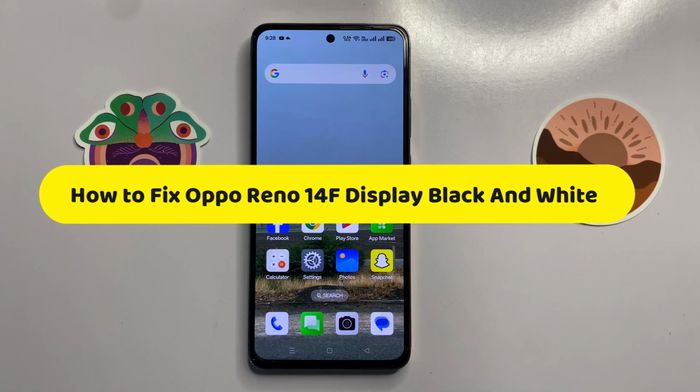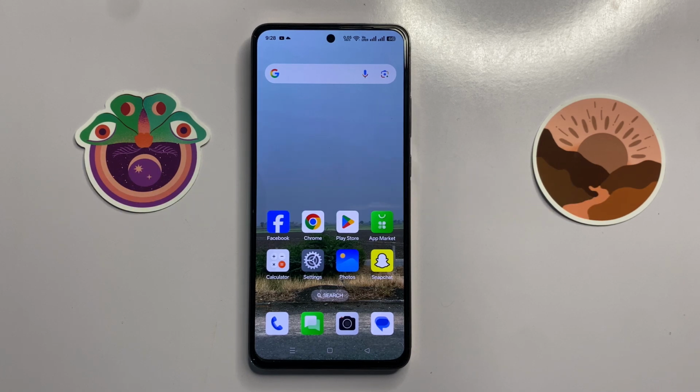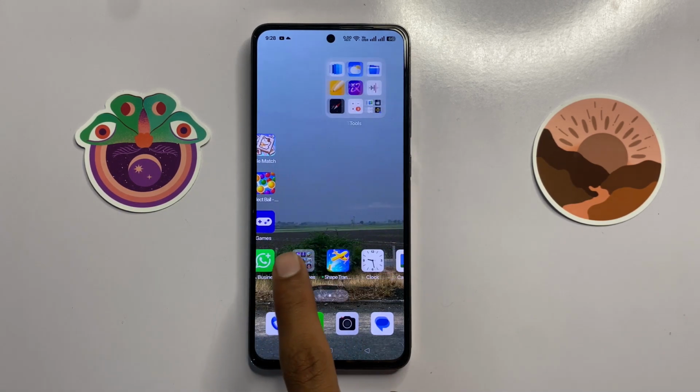How to fix display black and white in Oppo Reno 14f. So let's start the video. First of all,